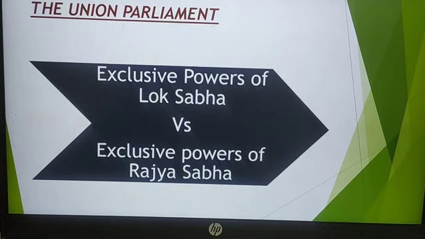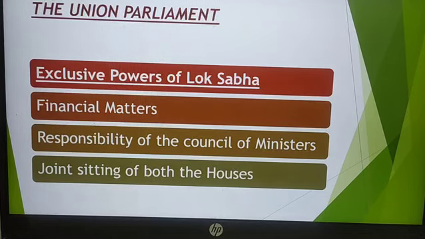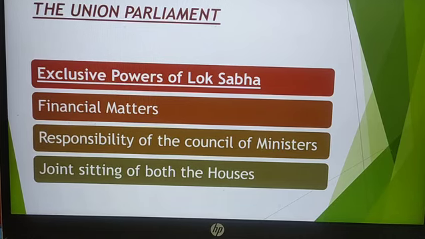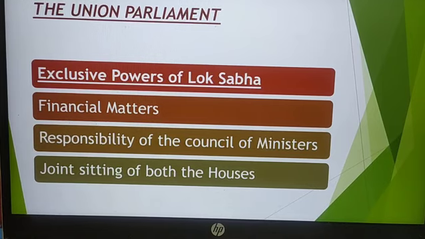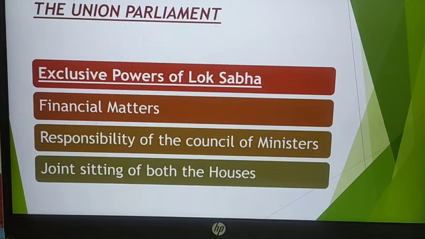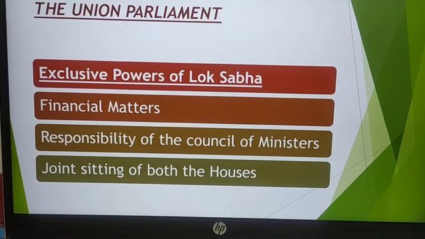So a money bill, if we talk about financial powers. In financial matters, we should deal with money bills. Yes, there are 3 kinds of bill. You have already done ordinary bill, money bill, and constitutional amendment bill. So if regarding financial matter, a money bill is a point of concern, right? A money bill can be introduced only in Lok Sabha. So this is the first exclusive power in terms of financial matter, that a money bill can only be introduced